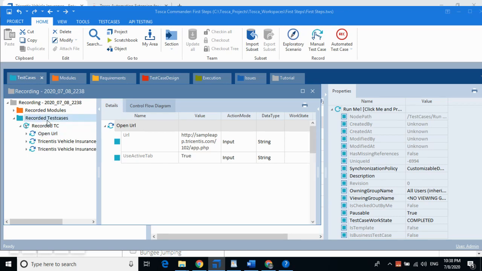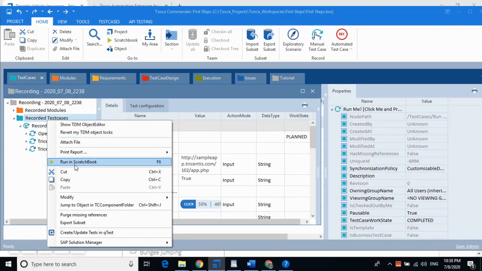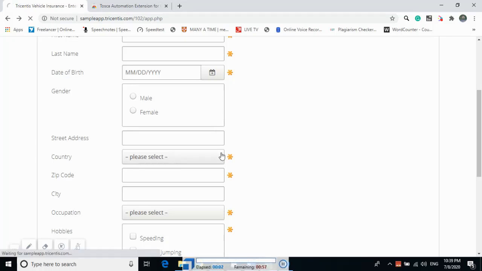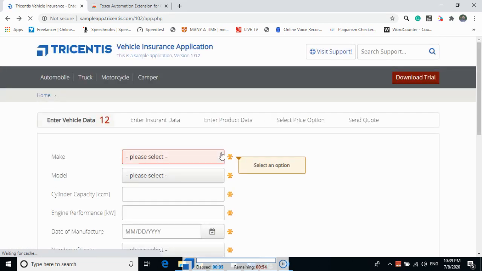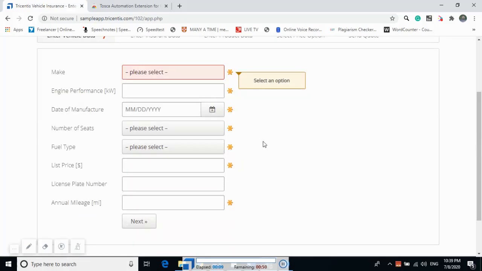Now I will run it. Again, run in Scratchbook. So you see the first page has opened automatically.